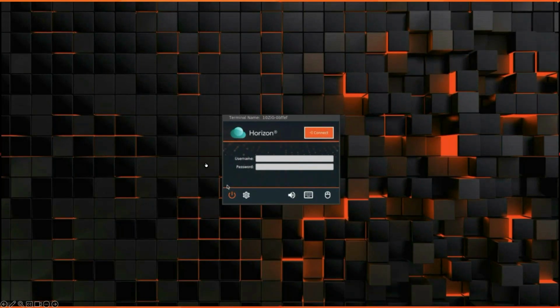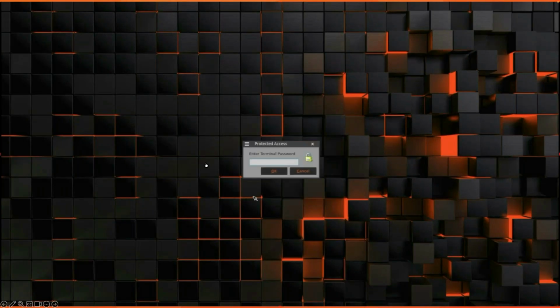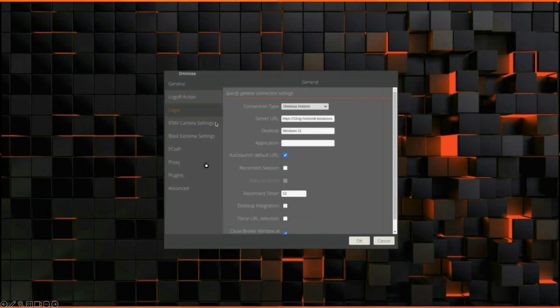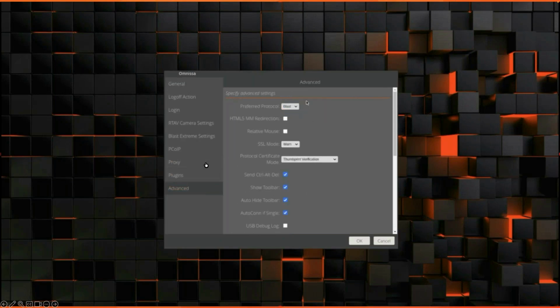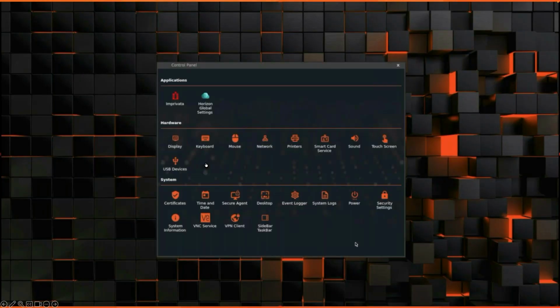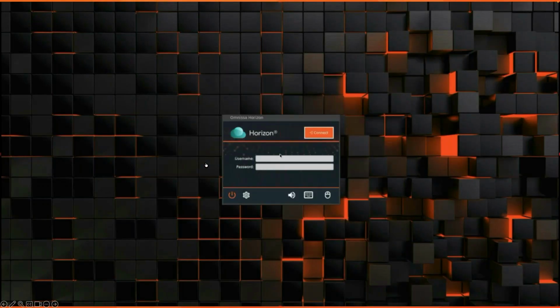And to gain access to that, again, we go in either through the Tenzig Manager, or if we do it locally here, through the cog and the control panel, where we're required to input the password. That takes us into the client settings, and we go into those same Horizon settings that we saw in the previous demo from the Tenzig Manager. And as we go into advanced, you can see that the preferred protocol is now set to Blast because of the fact that we forced it down through the manager. And again, everything else looks the same. It all matches from client to manager.